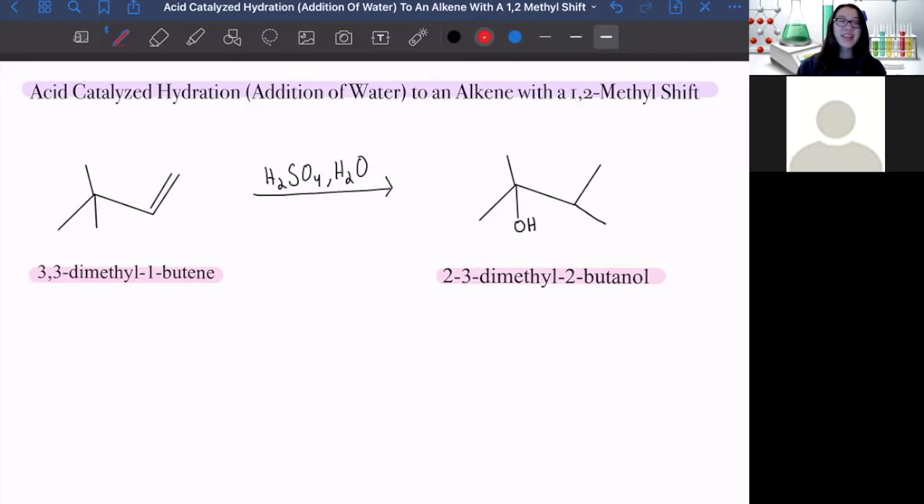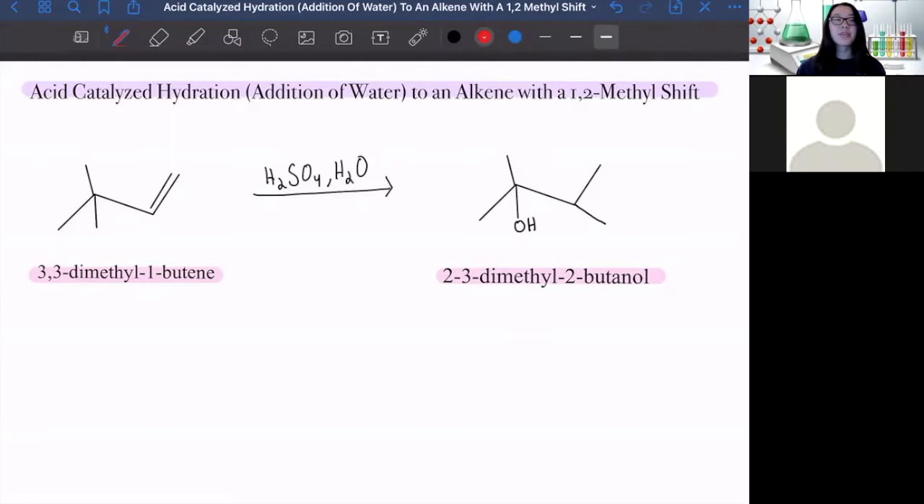Hi, my name is Gillian Li, and today I'm going to be explaining the acid-catalyzed hydration mechanism for the addition of water to an alkene with a 1,2-methyl shift. To explain this mechanism, I'm going to be using the synthesis of 2,3-dimethyl-2-butanol from 3,3-dimethyl-1-butene as an example. Before we begin synthesizing 2,3-dimethyl-2-butanol, it's important to note that 3,3-dimethyl-1-butene, sulfuric acid, as well as